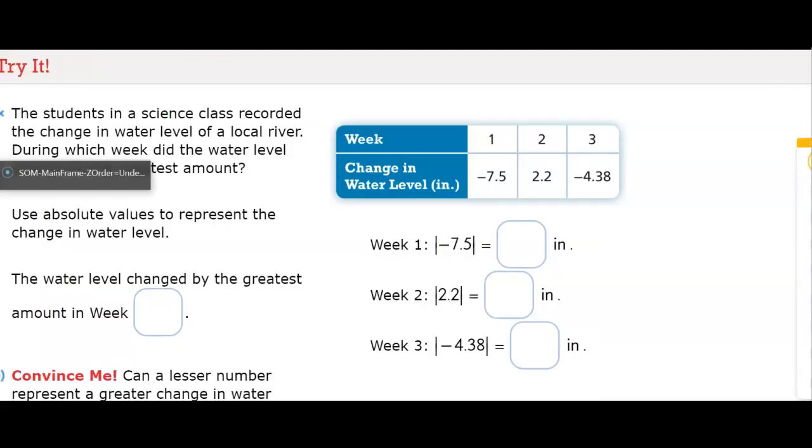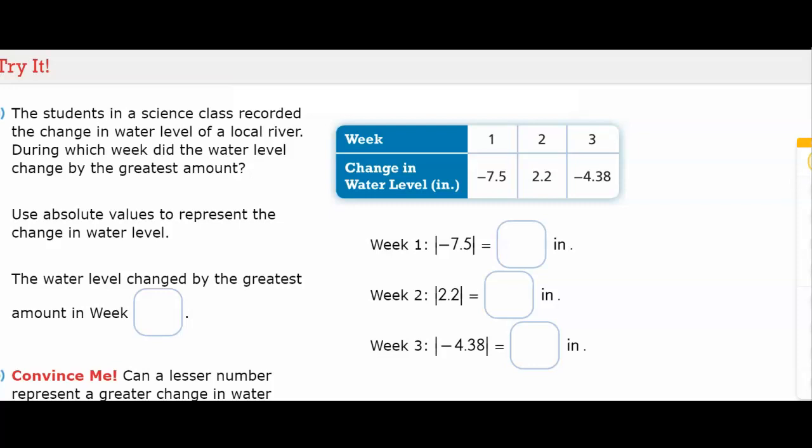The students in a science class recorded the change in water level of a local river. During which week did the water level change by the greatest amount? Use absolute values to represent the change in water level. The water level changed by the greatest amount in week. So we need to find the absolute value of the